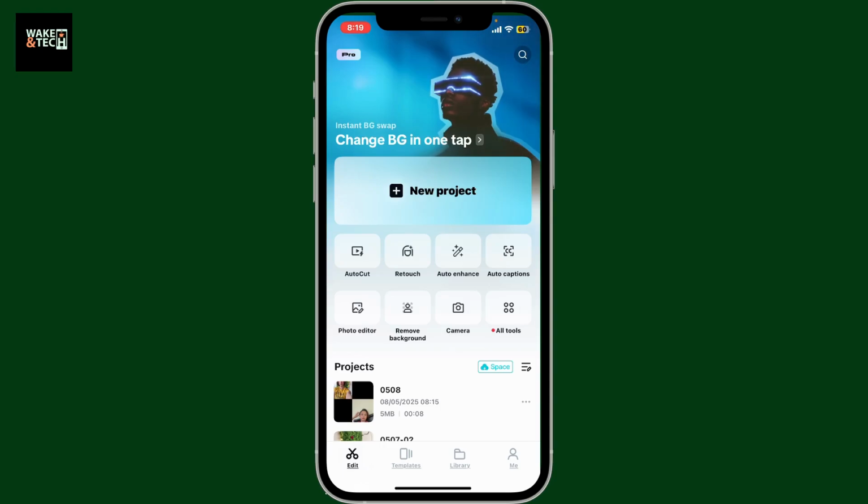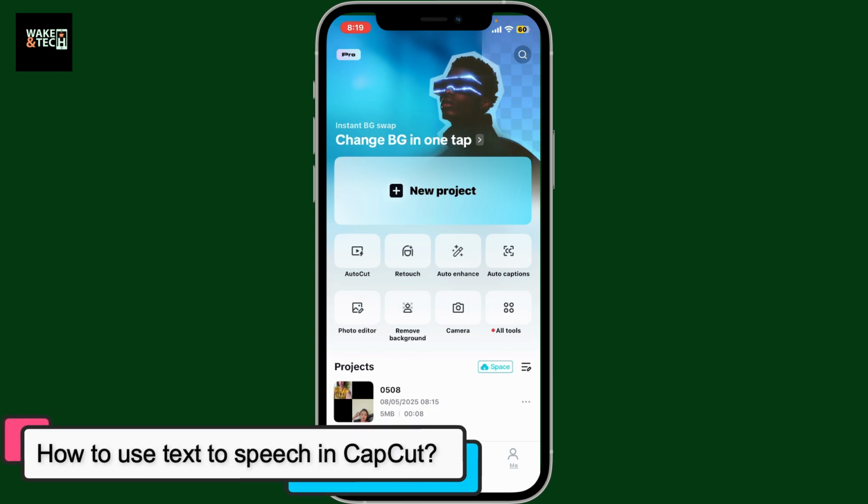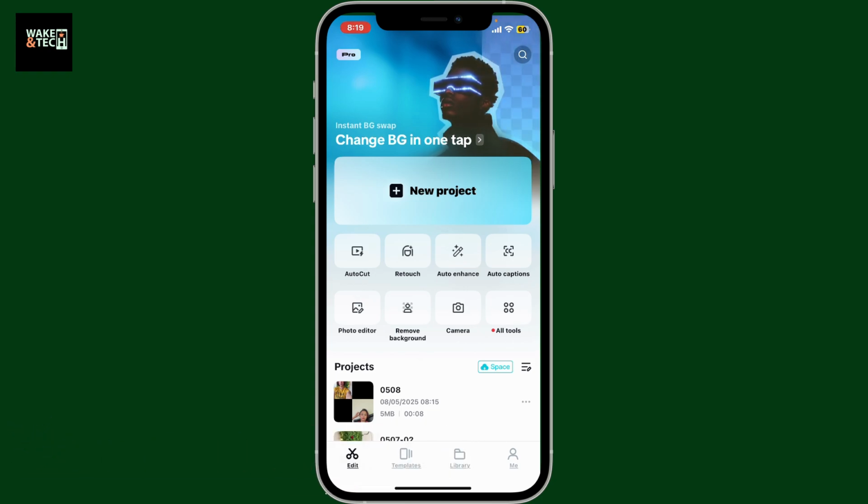Today I'm going to be guiding you through how to use text-to-speech in CapCut. To use text-to-speech in CapCut, first of all, launch the CapCut app on your mobile device. Now from the home page, tap on New Project to start a new video or select an existing project from